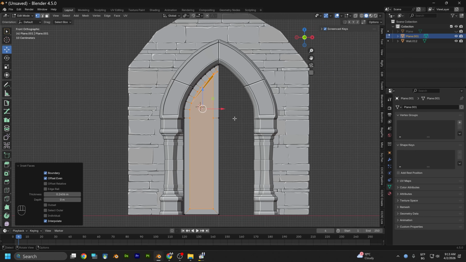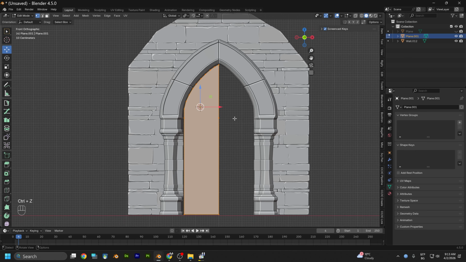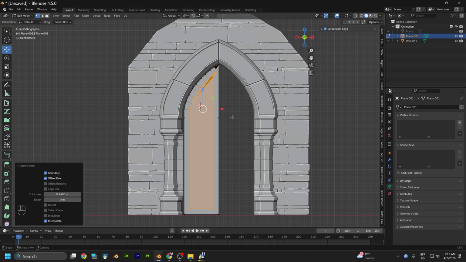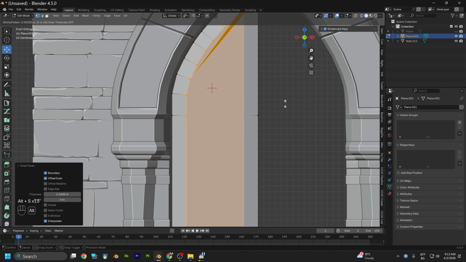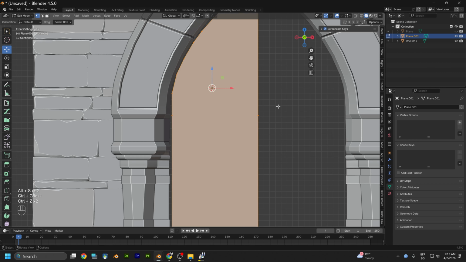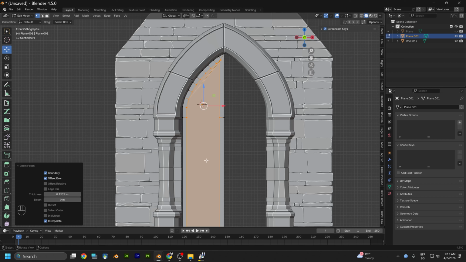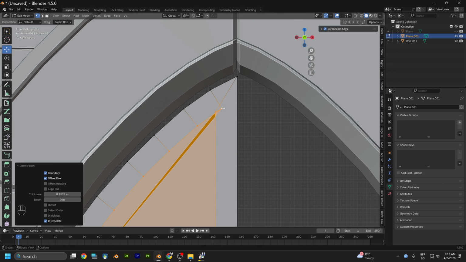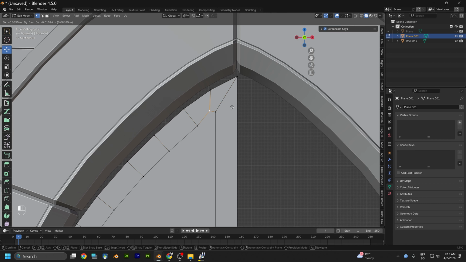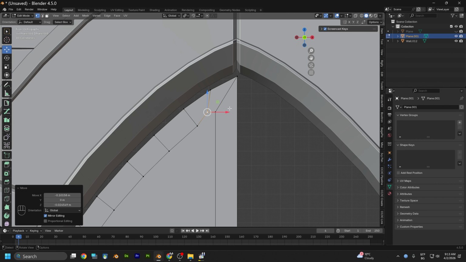so maybe not that much. I think yeah, this is okay, but it's up to you how much you're going to inset. So let's move this vertex, and here I want to fix